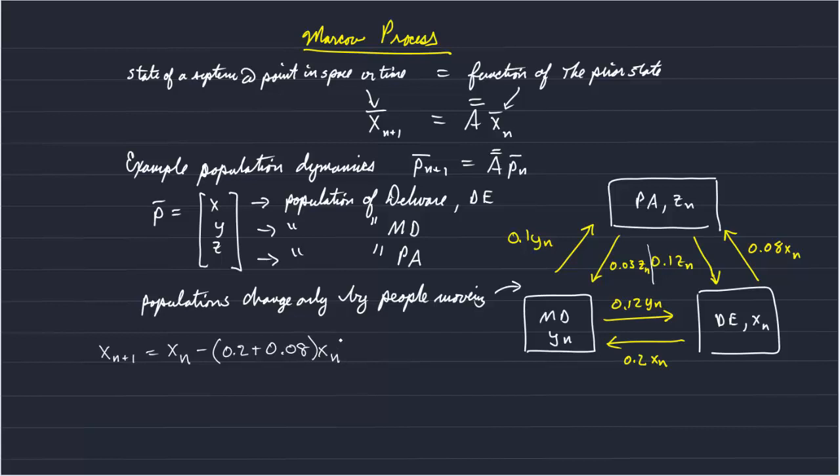And then we also have to add the 12% that comes from Maryland, and the 10% that comes from Pennsylvania. To describe the change or the new population in Maryland,